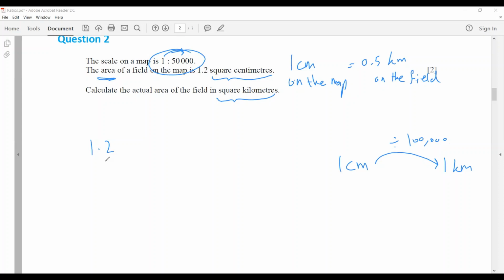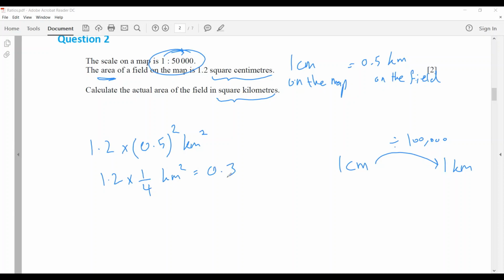So you take that and you multiply it by half kilometer, but don't forget to raise it to the power of 2, as simple as that. So at the end, you should get 1.2 times 1/4. So the answer is